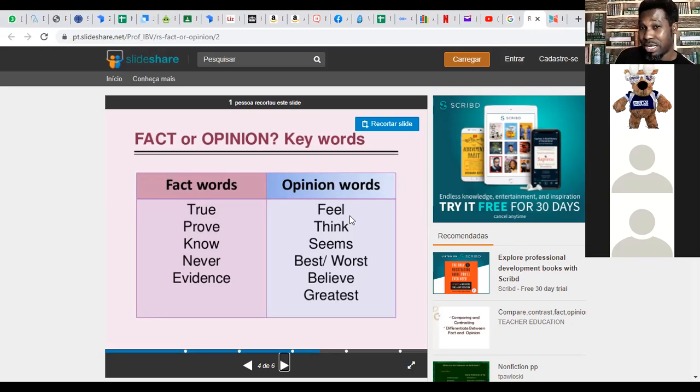So I believe that if Nigeria builds a new university, the educational sector would be transformed. I believe that if Nigeria builds a new refinery, we might solve our economic problems. So it's an opinion. There is no proof that if they build a refinery, it might solve the whole problem, because they might build that refinery and still not solve the economic problem. You get? So that is how you differentiate between opinion and